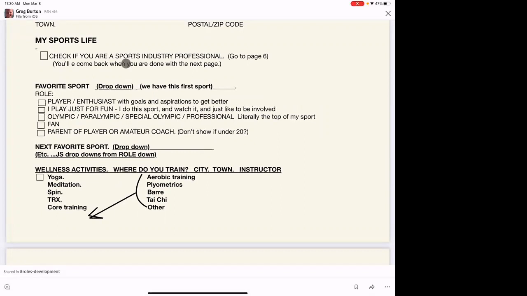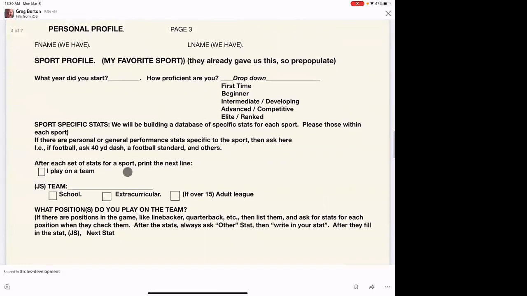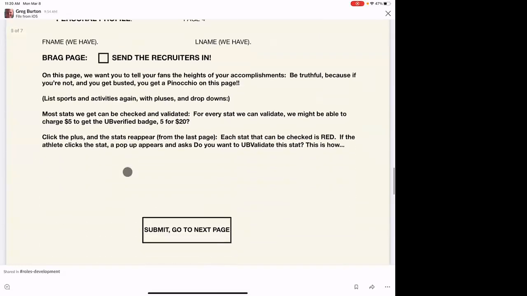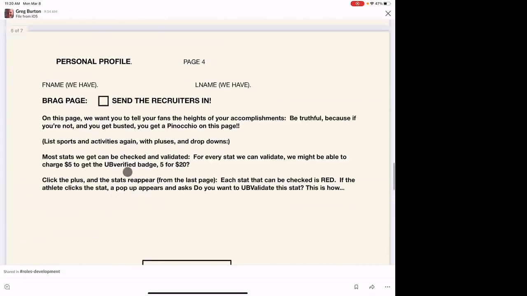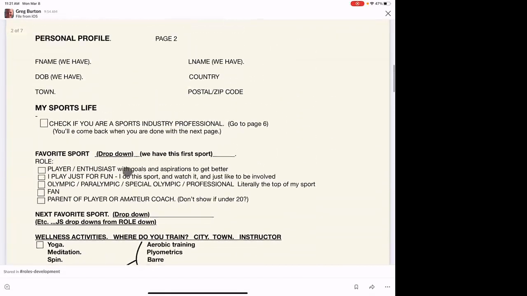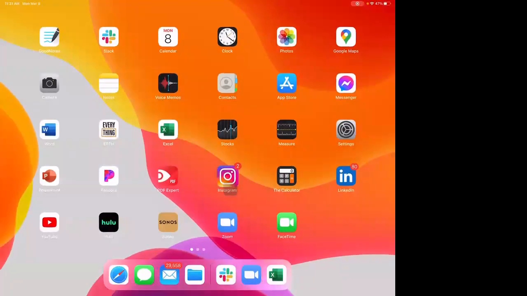And the idea was that here's where you're going to say, I played it for fun, or I'm a player, and this is what sports I play. And then I broke it down to, I did better on another page here, but I don't know where I even have that. Hold on a second. Let me just fumble through my stuff. Because this is what I was working on the past week up here.